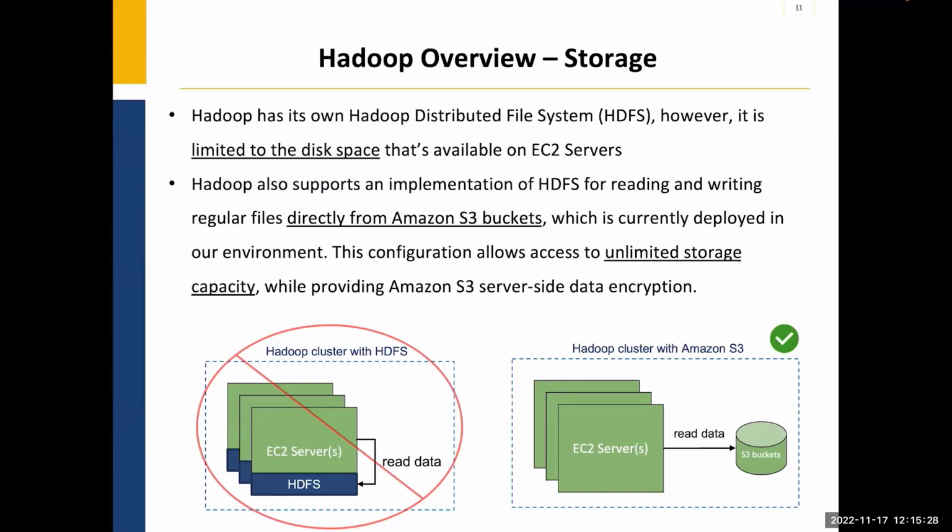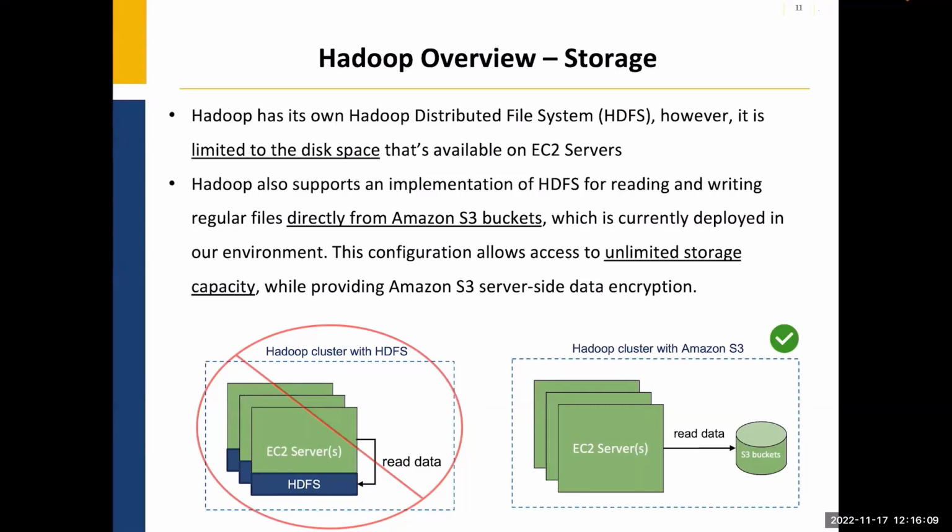An alternative configuration is that Hadoop supports an implementation of HDFS to support reading and writing regular files directly from Amazon S3 buckets. In this configuration, it allows access to the unlimited storage capabilities that we have by using Amazon S3, while also taking advantage of other features, including the Amazon S3 server-side data encryption. So I can see here, there are advantages to leveraging the Hadoop cluster configuration with storage powered by Amazon S3 in